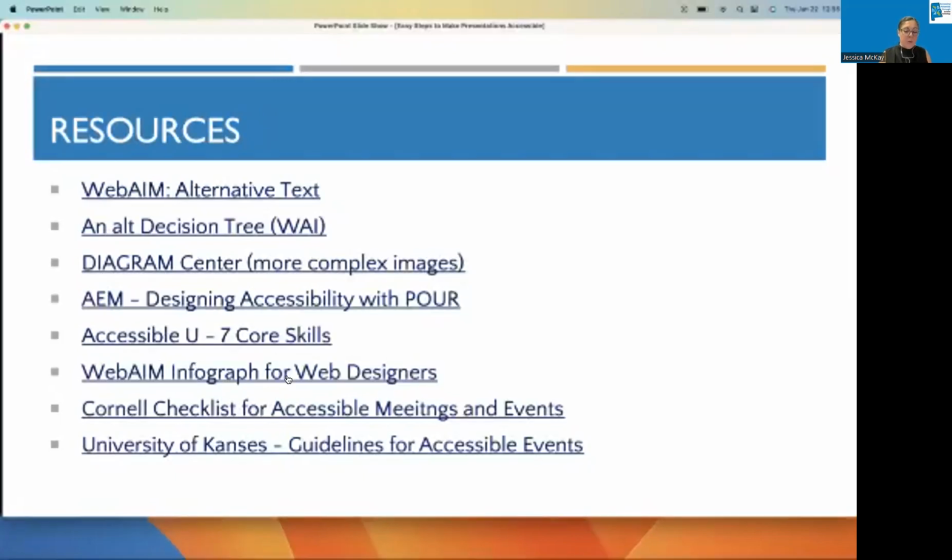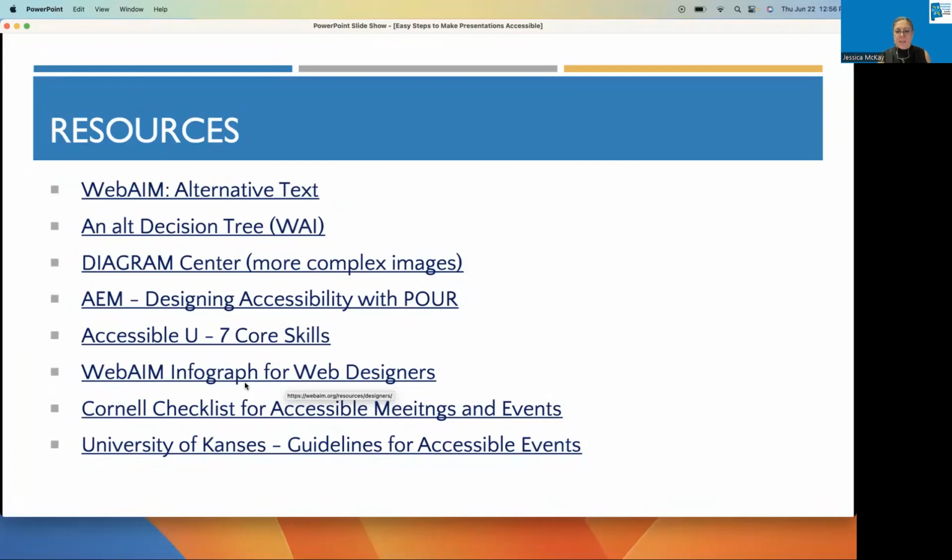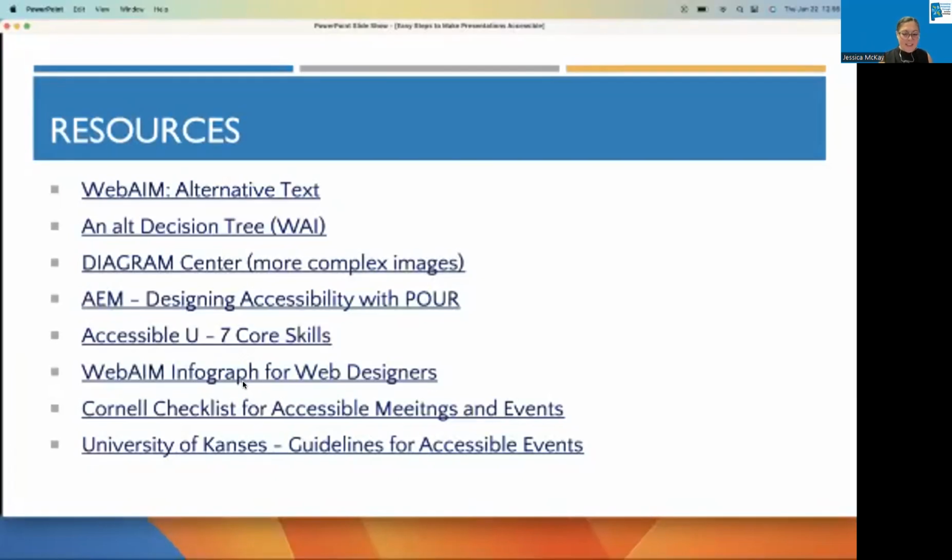Accessible Use from the University of Minnesota has resources for their teachers creating any kind of content that they want to meet their accessibility guidelines. They have great examples of good alt text and how to do headings. The infographic for web designers is a visual reference for me to remind myself of some key accessibility things I need to do in my content creation.